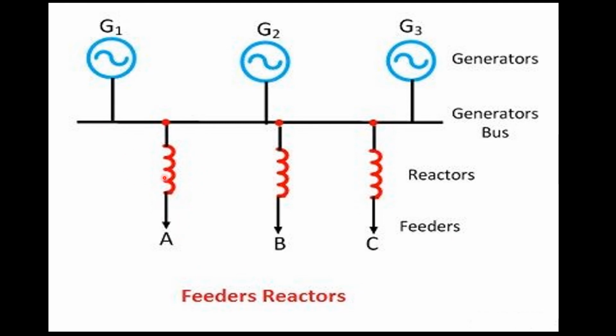In this case, the current which is flowing through the system will continuously flow through this feeder reactor. In case of generator reactor also, if we are having location of reactor here, in that case also, whatever amount of current is flowing through normal condition, it is going to create voltage drop here, and because of that the available voltage at bus bar may drop down, or voltage drop is taking place due to this generator reactor.